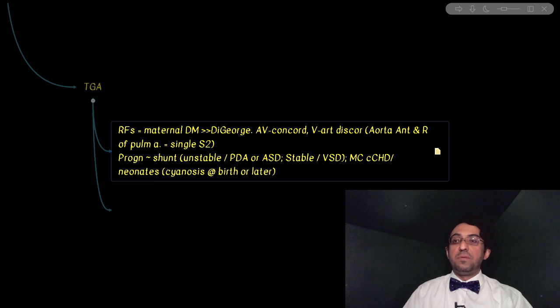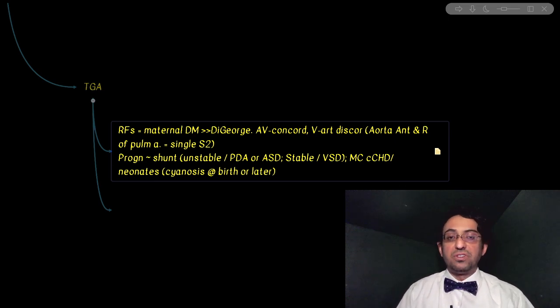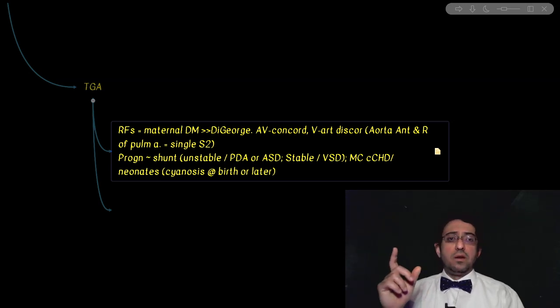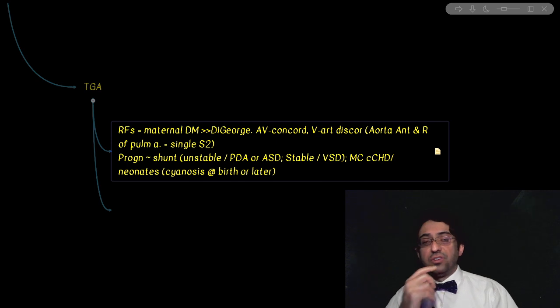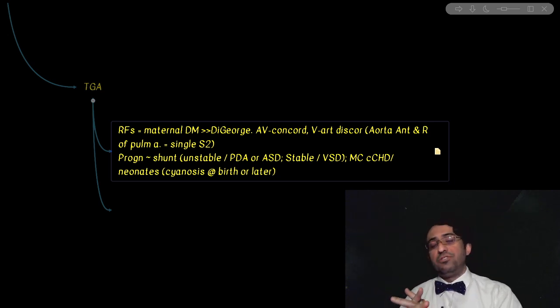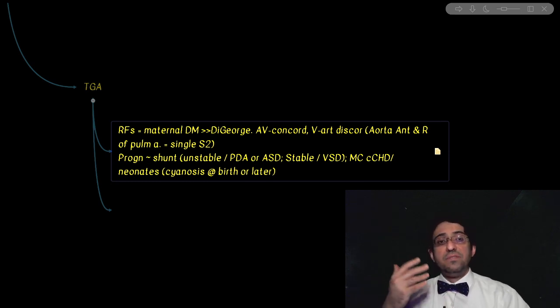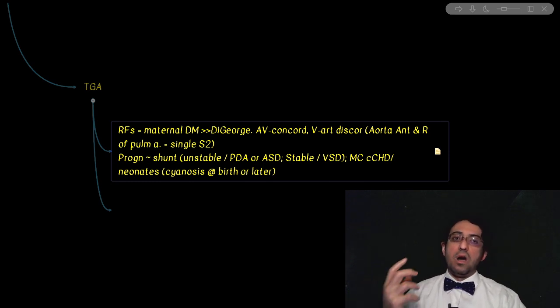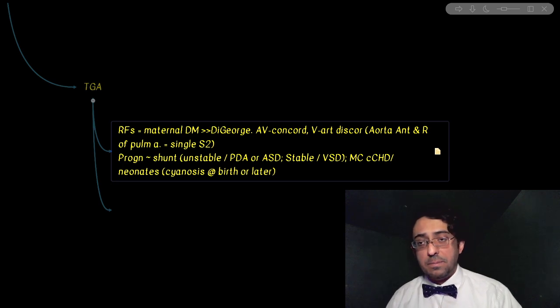What's the significance of epidemiology of transposition? It's the most common cyanotic congenital heart disease of neonates. Now, you may remember from our episode on coarctation that we discussed the anatomic localization of coarctation based on the findings of differential cyanosis. And we mentioned there that there are certain cyanotic conditions that could be associated with reverse differential cyanosis, and this one is the example of reverse differential cyanosis. Describe the pathophysiologic mechanism of reverse differential cyanosis possible in TGA,